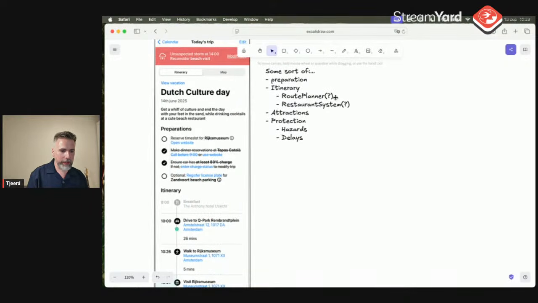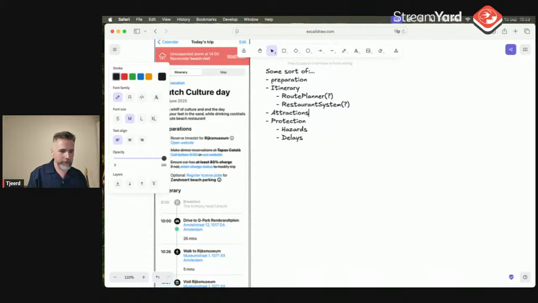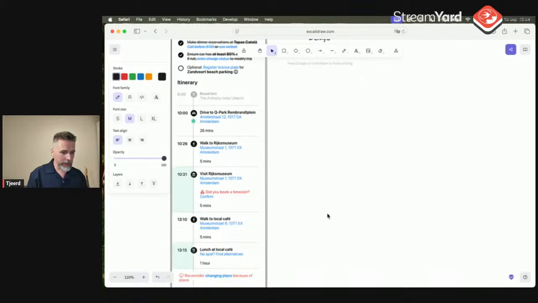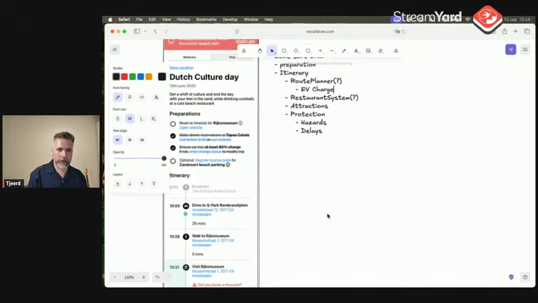So for example, we have this route as part of the attractions. We have this route planner, but I noticed it has some sort of EV charge awareness. But there's also a question I get: if it knows about charging, does it know about gas stations? And what I can do as well is have questions for my customer, client, whoever wants to build this.